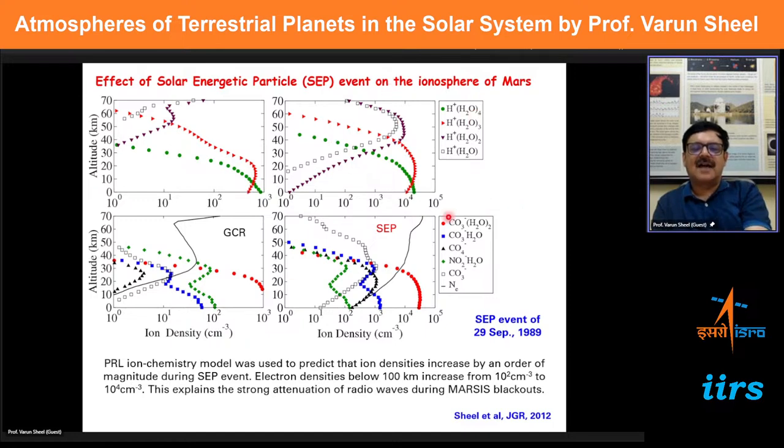And many of these ions have, for example, been seen to be affected by strong solar events where energetic particles enter into the atmosphere of Mars. As I said, these kinds of particles can come lower down into the Martian atmosphere because there is no magnetic field. And so such theoretical studies, based on observations also, whatever we can get, are studied by us.